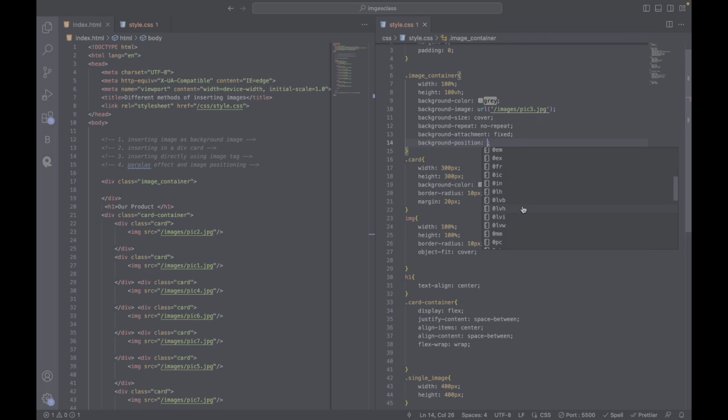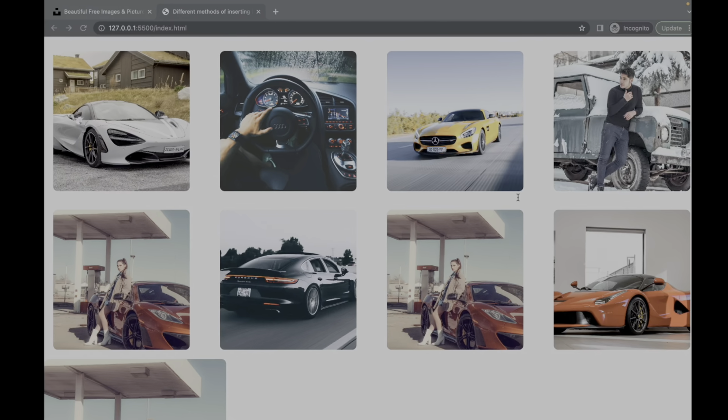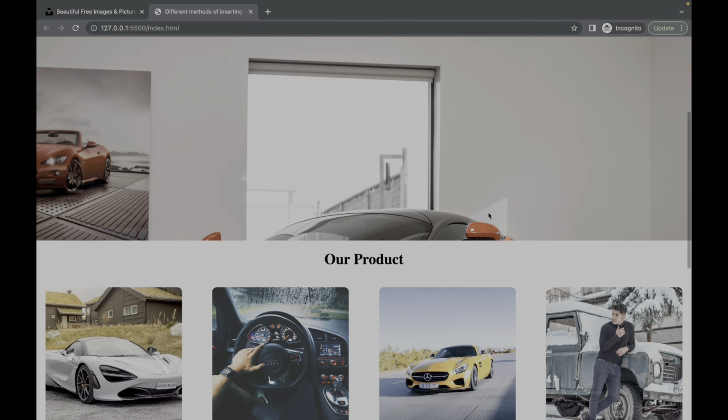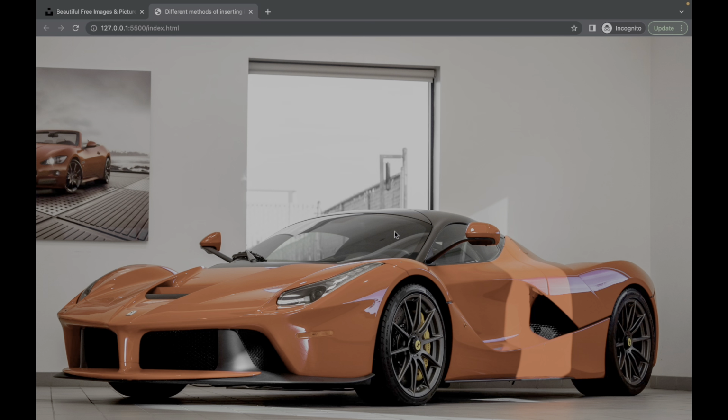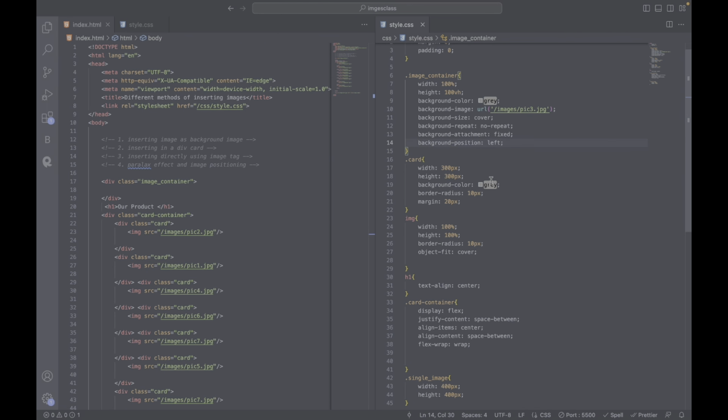Apart from this, let's talk about the positioning. You can also specify background position. You can specify right, left. If you have an image that you want to position in a particular way, right, left, center. We don't have a single image right now. If you have an image that you want to position right, left, and the rest, because we have cover. Obviously, if you do cover, it cannot position right or left, because it's already covering everywhere. But if you do contain,